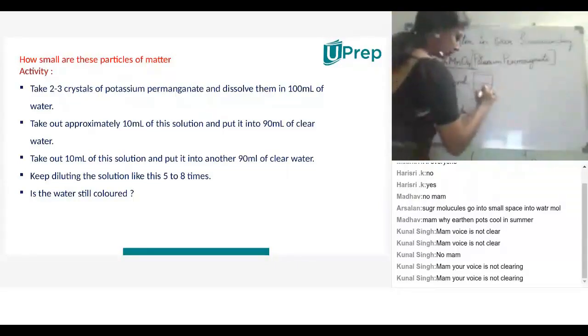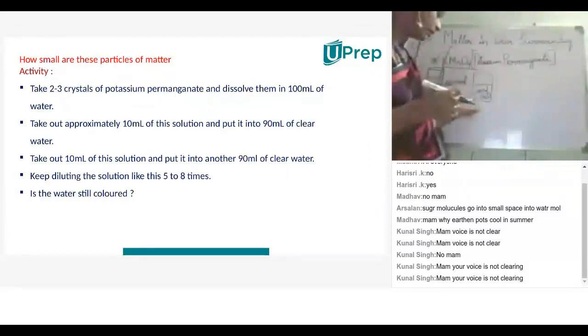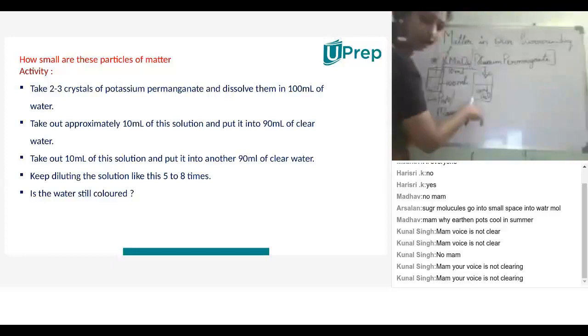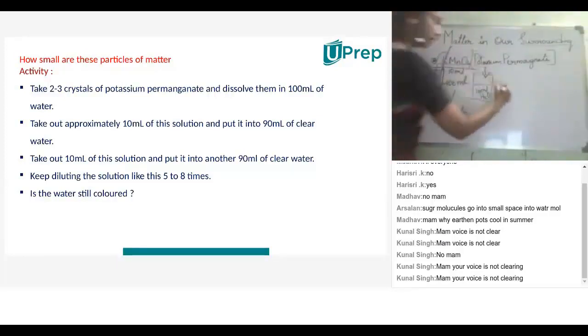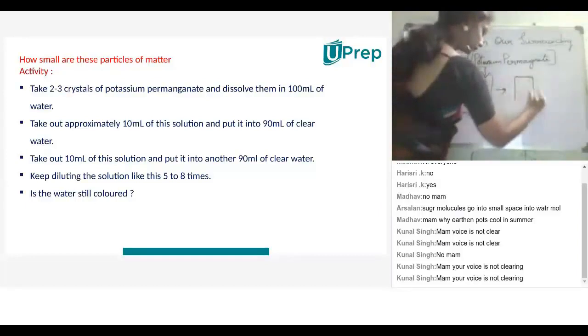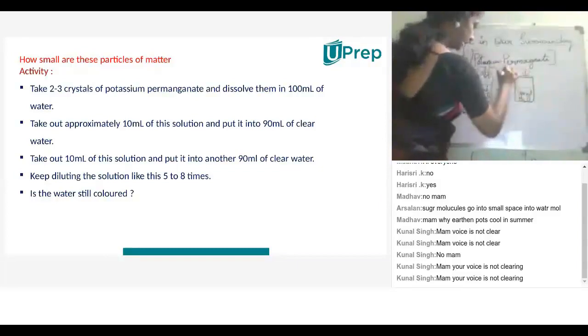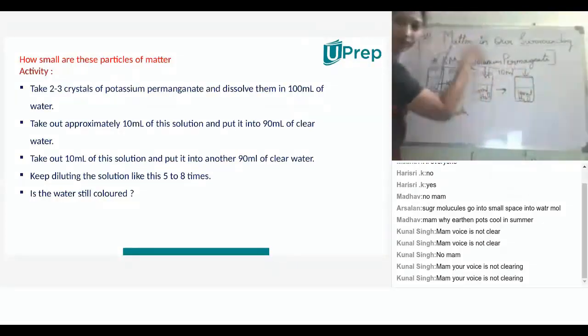Add 100 ml of water. Take a 100 ml beaker with plain water and transfer 10 ml from the first solution into it. So simply we transfer 10 ml from this and add it to 100 ml of plain water. And dissolve it with the glass rod. And take one more beaker. Take 100 ml of water and add again 10 ml of solution from